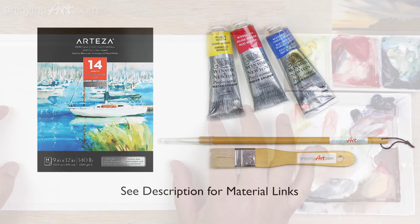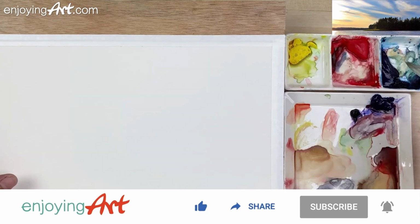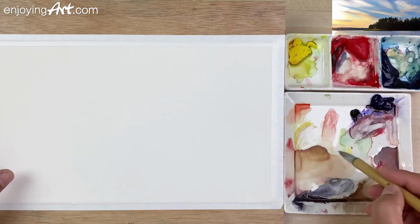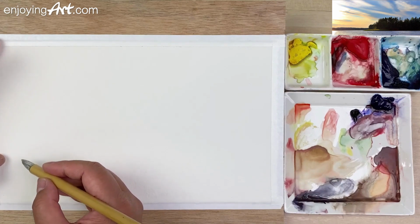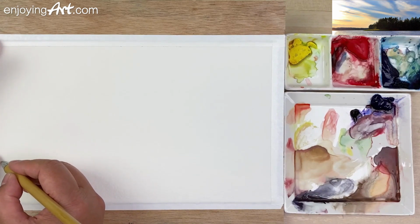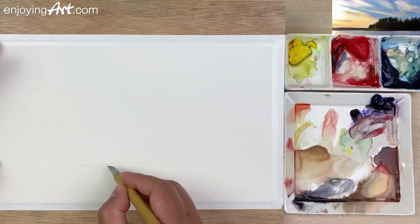First, we're going to paint the sky area. I'm going to directly draw with my brush, just use a little light color. Take a look how much space you're going to have for the sky. I'm going to have a little island over here, like that,